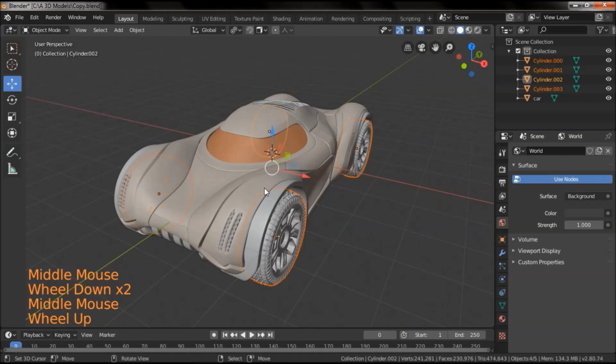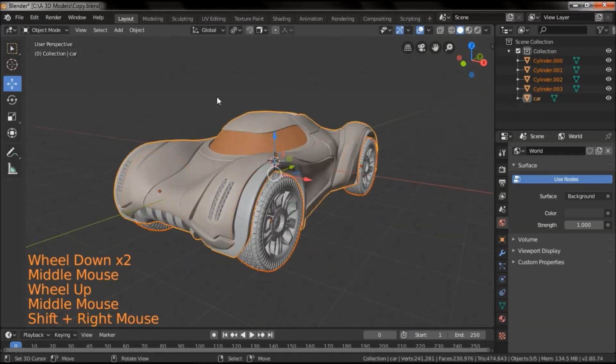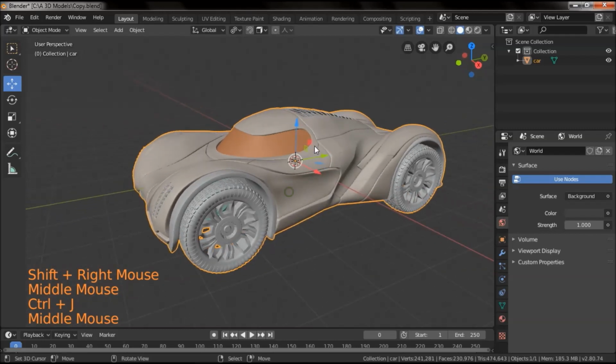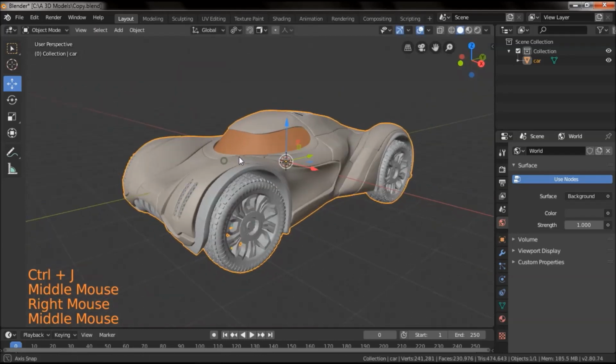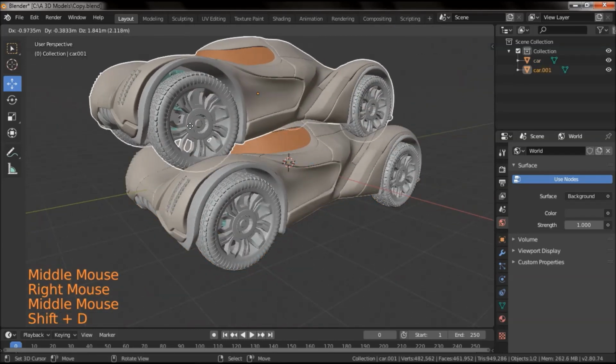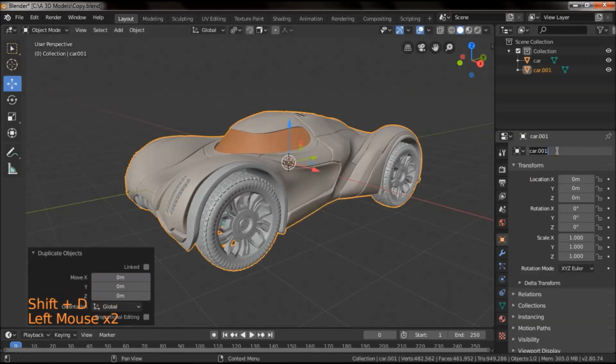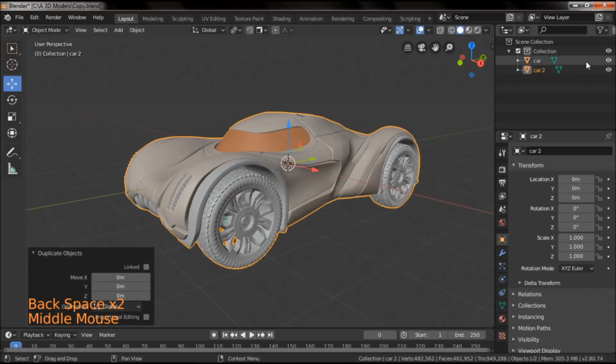First, join the wheels to the body of the car and press Ctrl J to get one object. Then duplicate it by pressing Shift D. Rename the other car, Car number 2. Hide the main car and